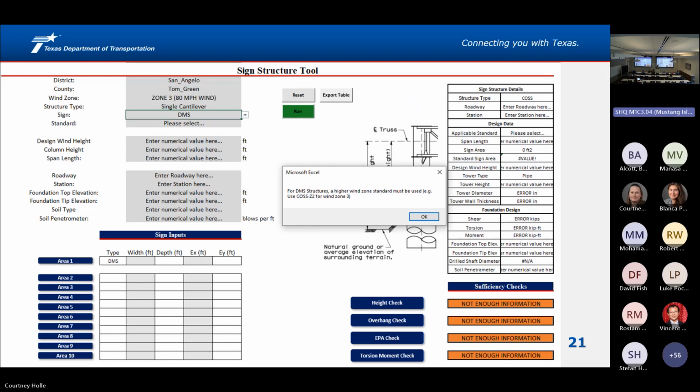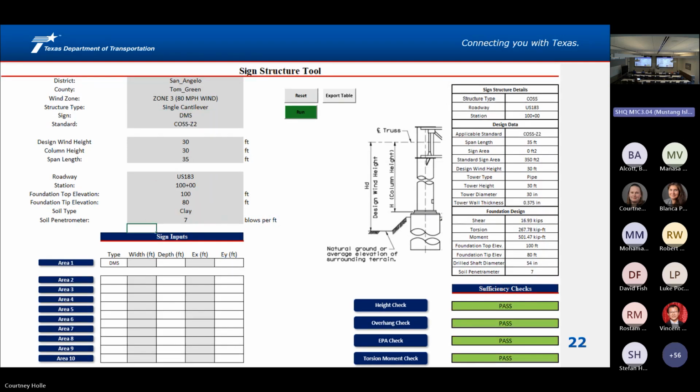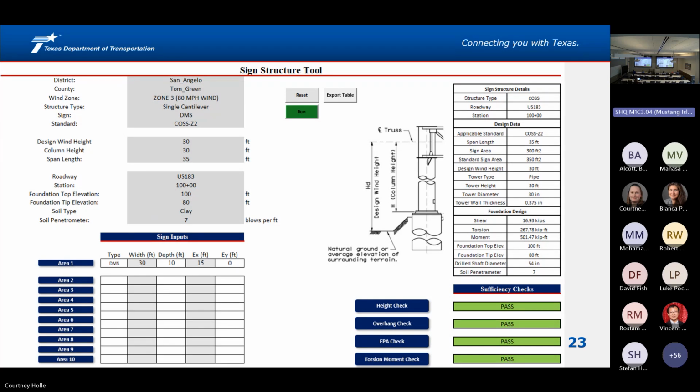Before moving on, if you look at the table on the right, you're going to see a lot of value and error issues. That just means you haven't completed the sheet. So if you see anything like that, you're not done and you have to go back and fix it. We go through all the inputs on the upper left. We get down, bottom right, everything says pass. It's great. The table looks like it's filled out, except you haven't defined the sign inputs. On the right, you'll see sign area, 0 square feet. So you'll start filling in your inputs, in this case, a DMS 30 by 15. Everything's still passing. It now shows this sign area. You're ready to use that table.